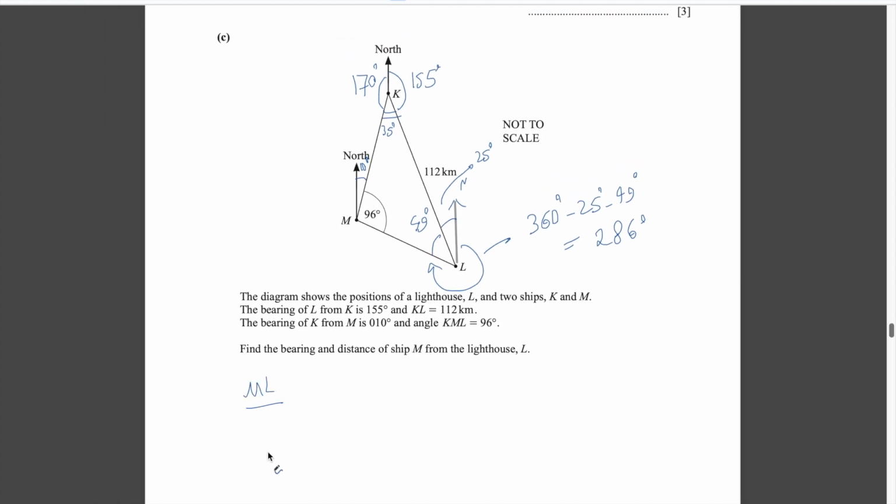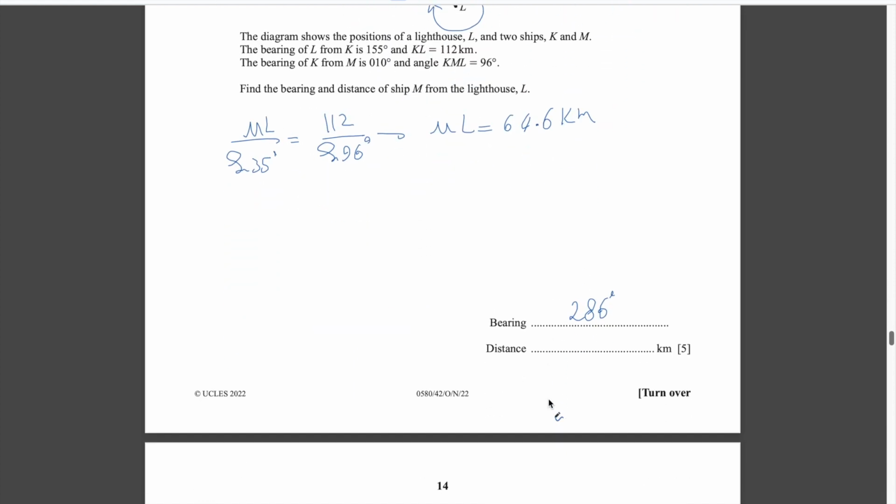ML over sine of opposite side, which is 35, is equal to 112 divided by sine of 90 degrees. So after doing cross multiplication, it will become 64 point almost 6 kilometers. So the answer is